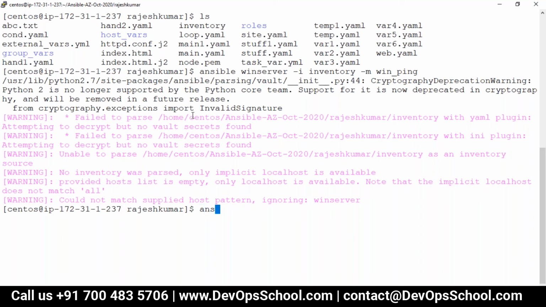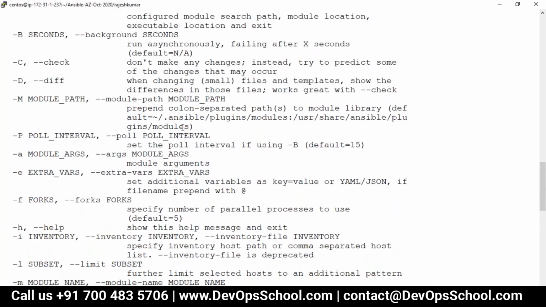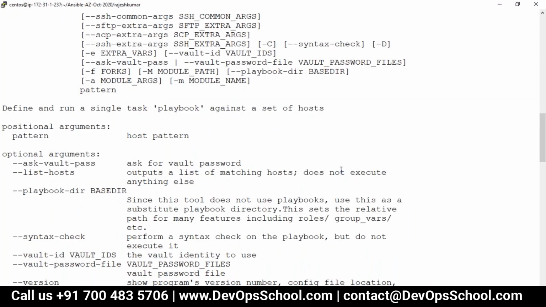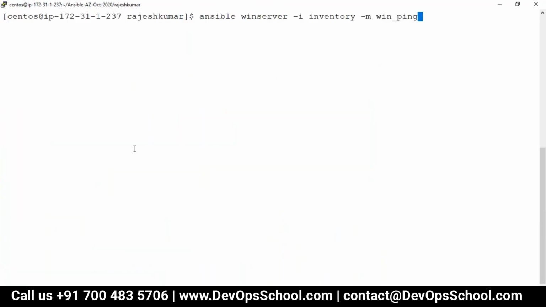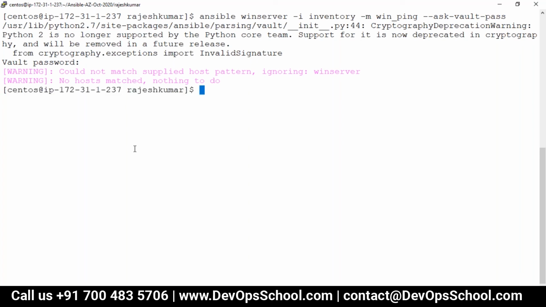So guys, I don't know the answer, but I think you will know that. Can you help me here? What should I do so I can pass the password of Ansible Vault? First one, --ask-vault-pass. Yes. So you got the answer, guys. Whenever you run with an encrypted file, you have to pass this, and at that time it will prompt you. You have to give the password, Raj123, and it has to read now.